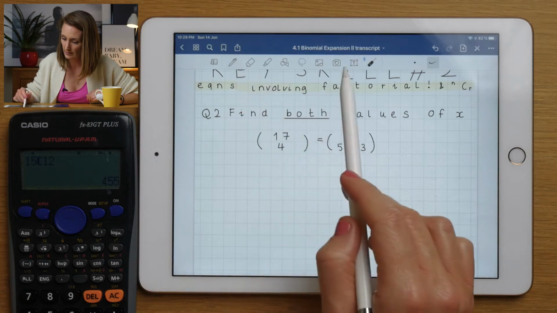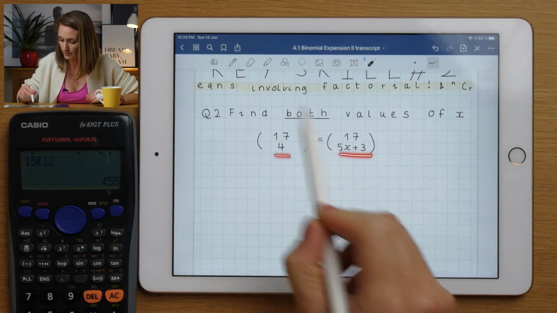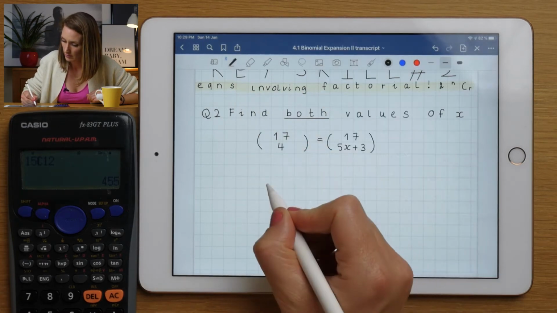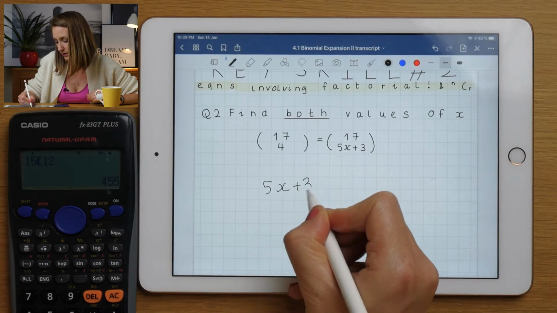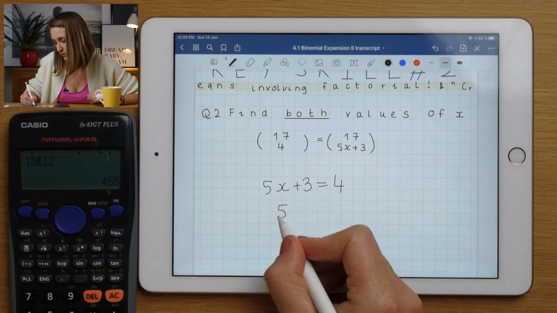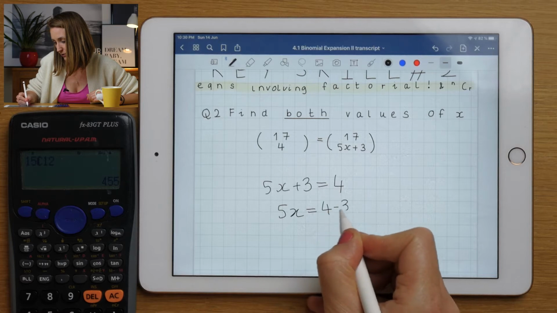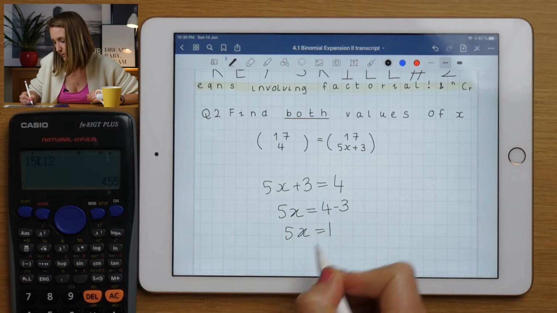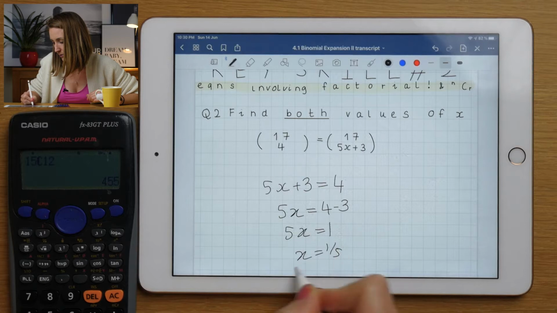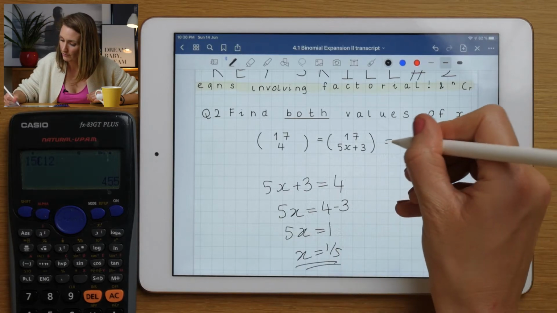Okay, so find both values of x. So first of all, we can see that 4 should be the same as 5x plus 3. So 5x plus 3 is equal to 4. So 5x is equal to 4 take away 3. 5x is equal to 1. x is equal to a fifth. But that's only one value. We have to remember that